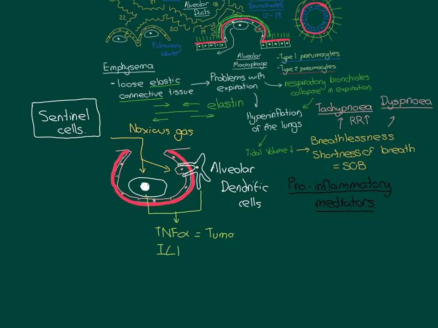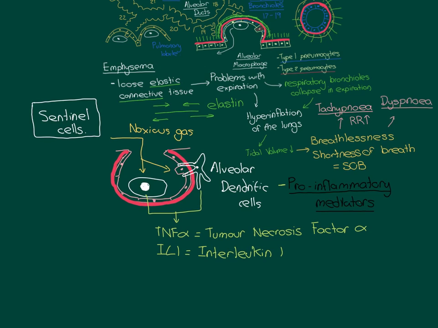So TNF alpha stands for tumour necrosis factor alpha, and if you've ever studied anything in pathology, you will probably have heard of these before, but here they are again. There are multiple different tumour necrosis factors, alpha is one of them, and IL-1 stands for interleukin 1. If you're just going to learn two pro-inflammatory mediators, these are the ones to learn. They are the most important ones that sentinel cells can release to trigger the inflammatory response. And both of these molecules are actually proteins, so they'll be synthesized in the cell and then released.